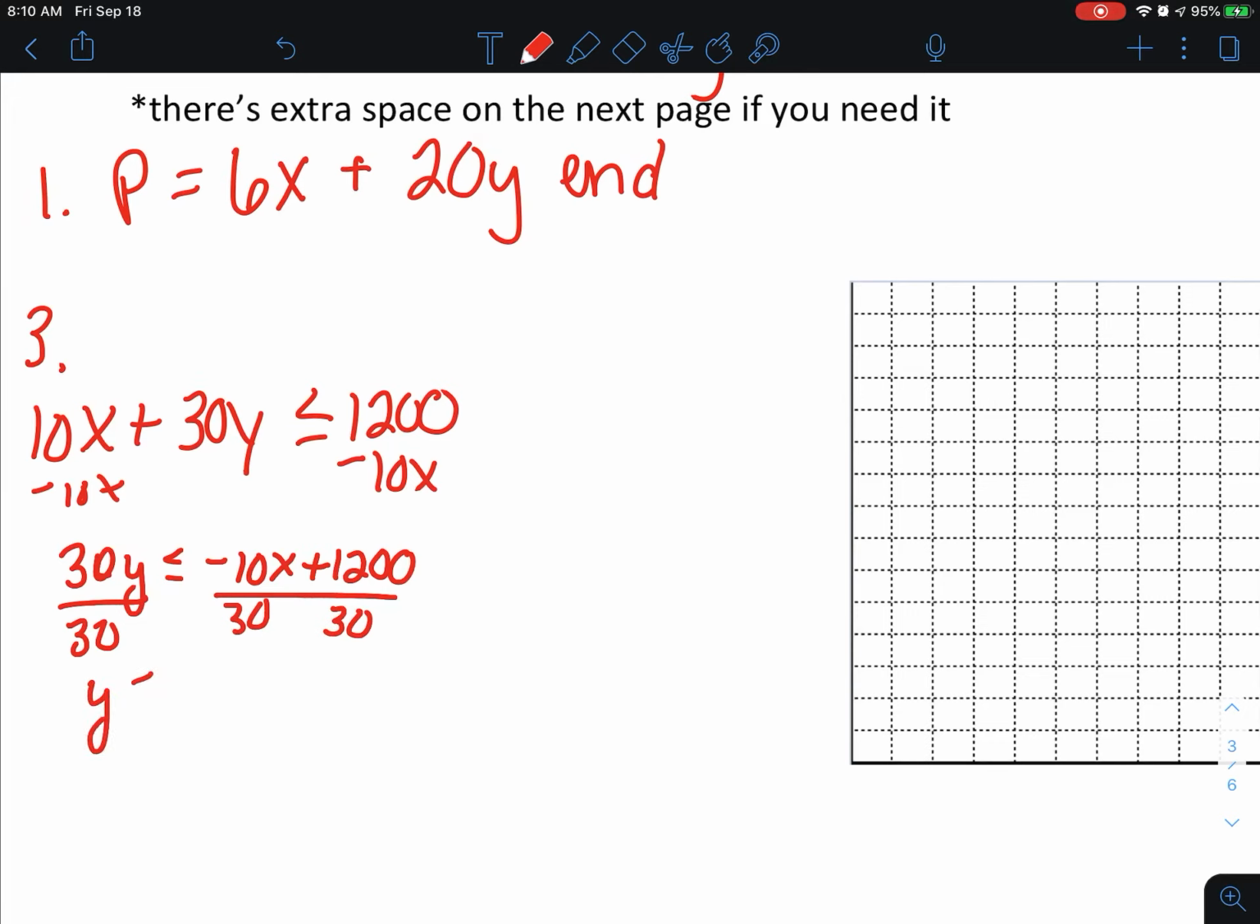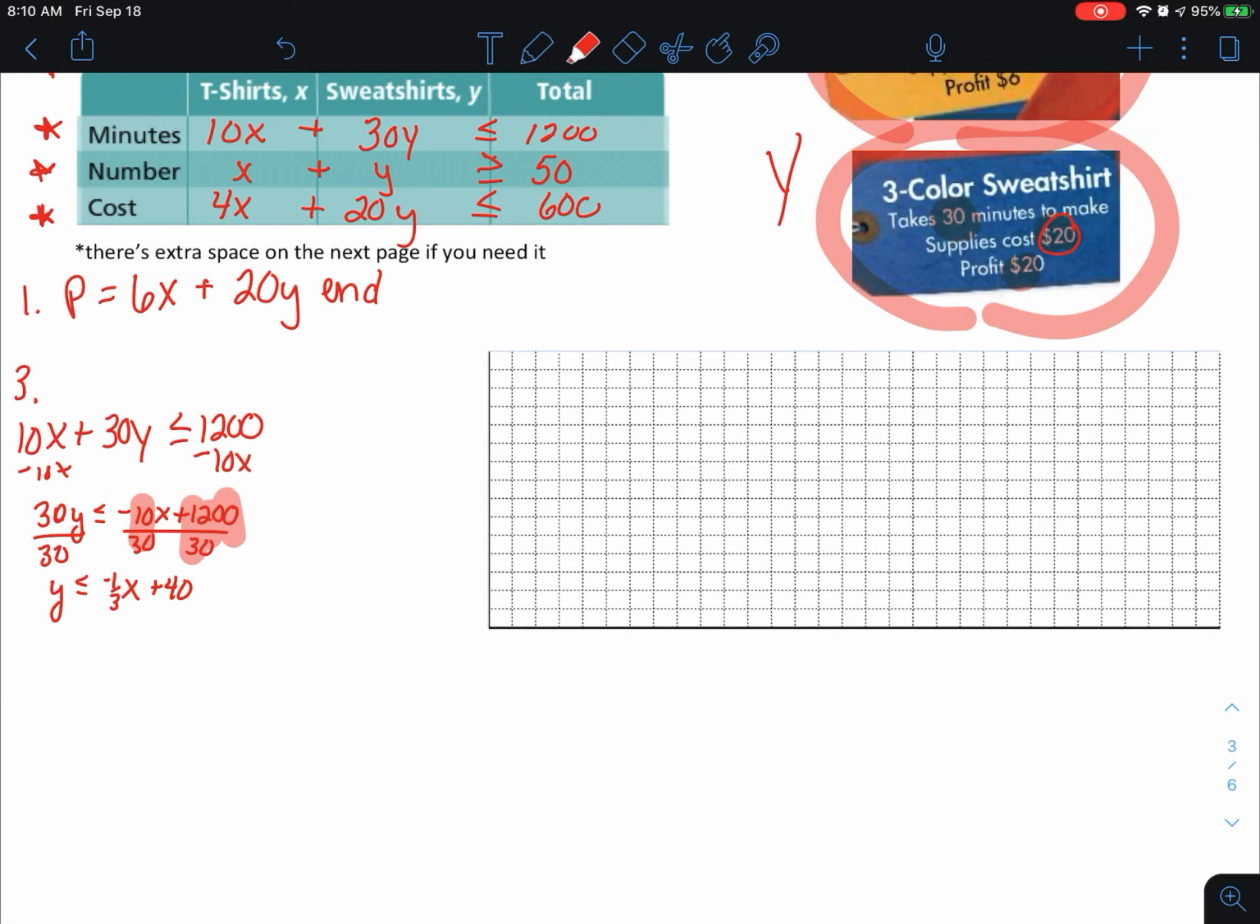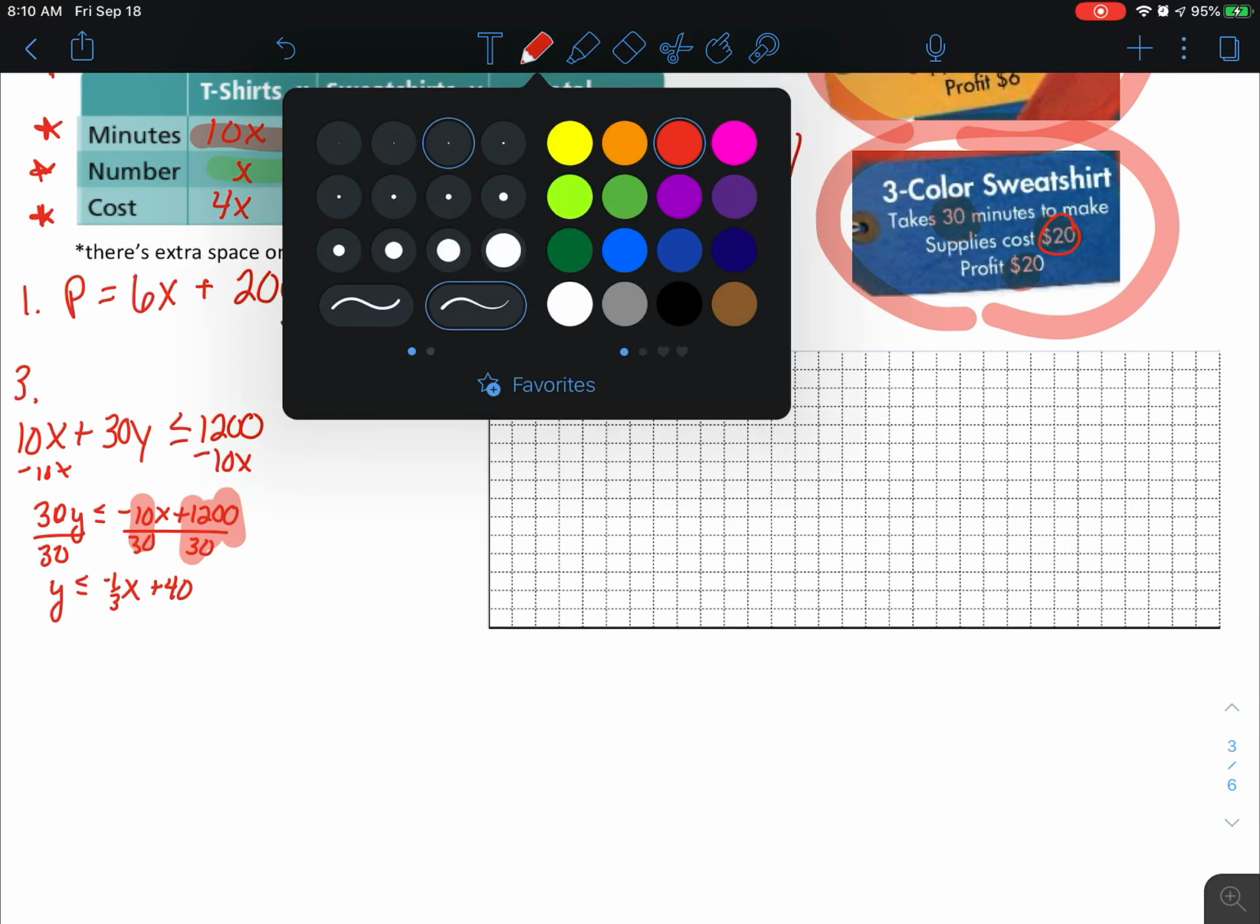So we get y is less than or equal to, when you put this on your calculator, you should be doing that. It's negative 1/3 x, and when you put this on your calculator, you're going to get a nice clean answer of 40. Okay, that one's ready to graph. But before we do that, let's do another equation. I'm going to start color coding those. So this one was going to be my red one. Next one, I'm going to go ahead and make that one green,